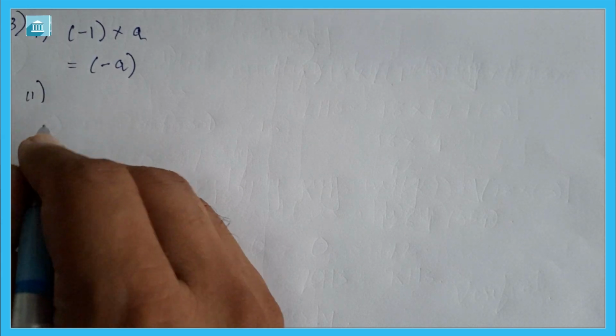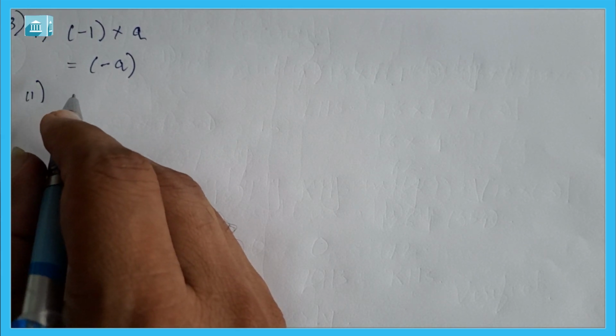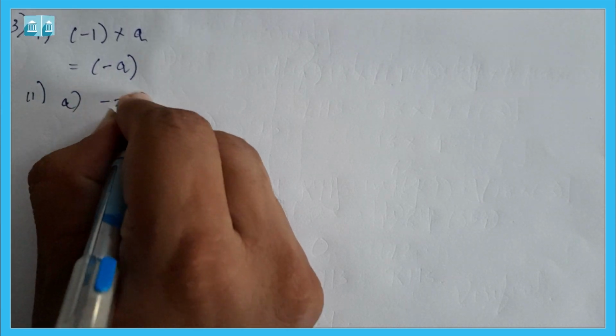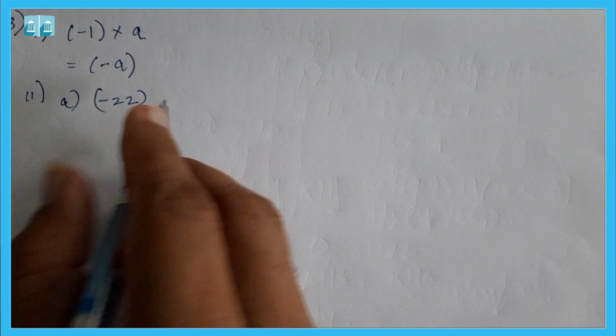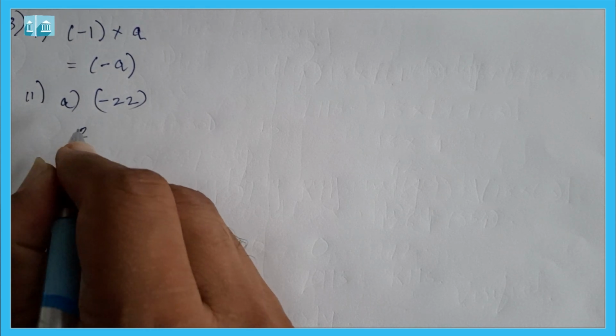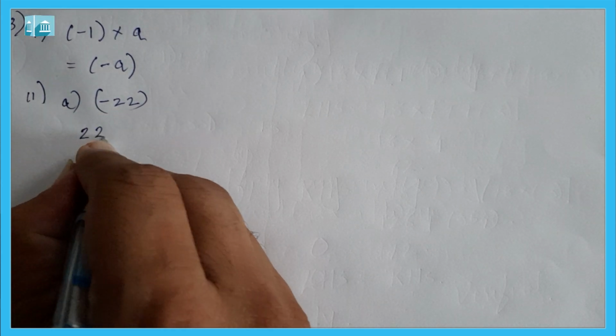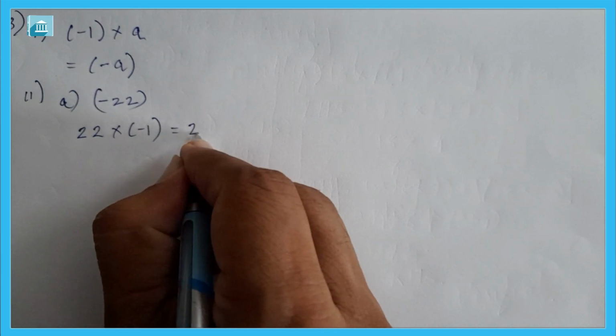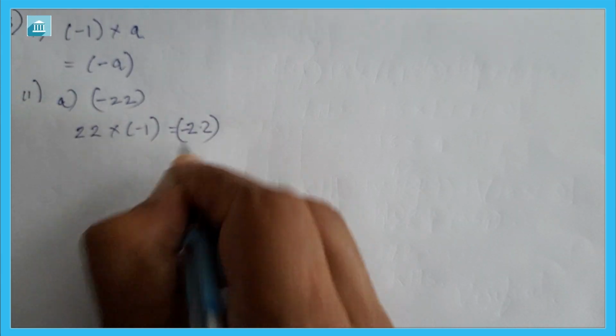Same, question number 2 is: determine the integer whose product with -1 is a, it is given -22. इसको किससे मल्टीप्लाई किया होगा? तो ये हो जाएगा 22 इंटू -1 करेंगे तो we will get -22. So the integer will be